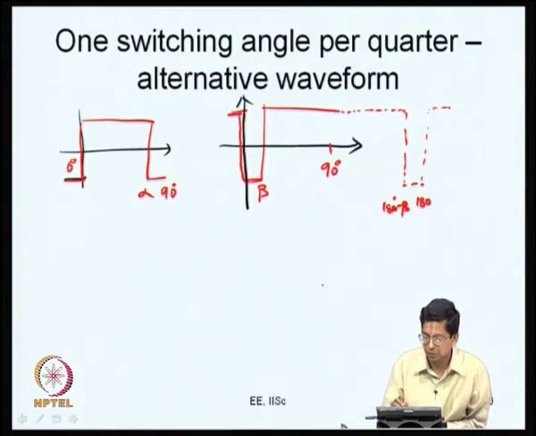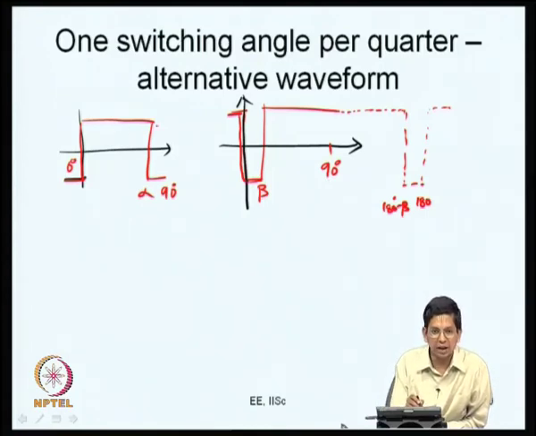and beyond this you can go through half wave symmetry. So, this is another kind of waveform. You can see that here it switches from 0 and stays high till alpha, and from alpha to 90 it is negative, whereas in the other case the waveform switches from high to low at 0 degrees, and it remains low for a certain angle that we call beta here, and then it is up to 90 degrees now.